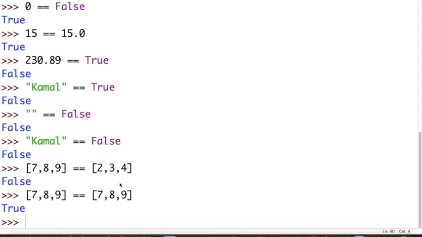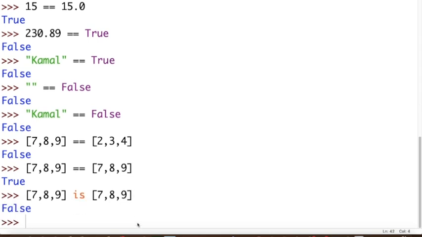Now let us go to the next question, which is 7, 8, 9, and here we are going to compare it with the is operator or is keyword, and this is again 7, 8 and 9. So we are comparing two similar things, 7, 8, 9 with 7, 8, 9, but this time, previously we were using equal to, but this time we are using the is operator. So let us see the result. The result is false. Why is this false? Because in the earlier case it was true, because the